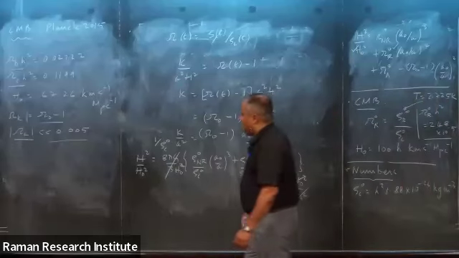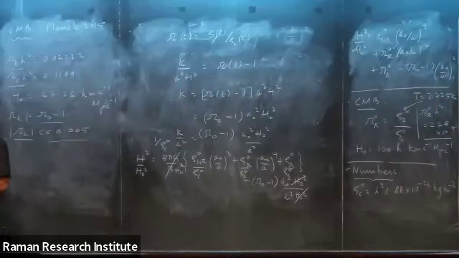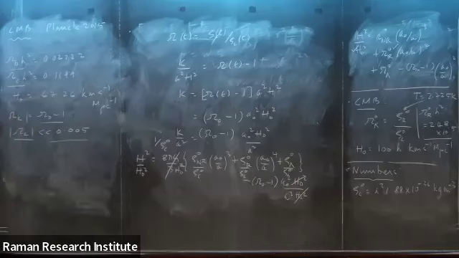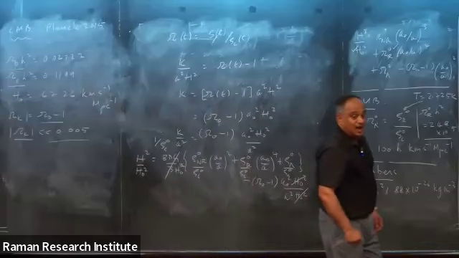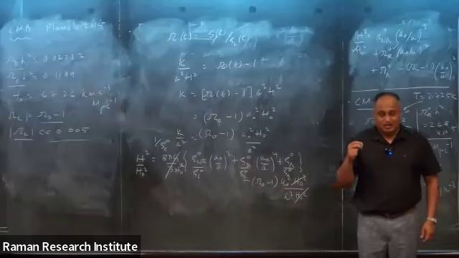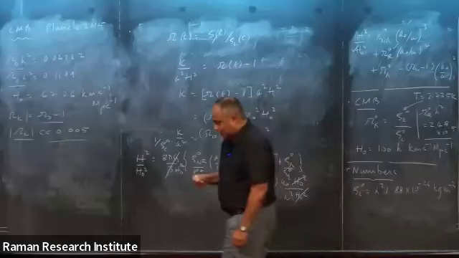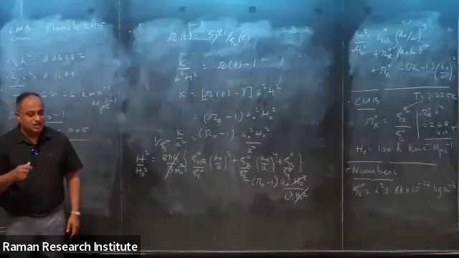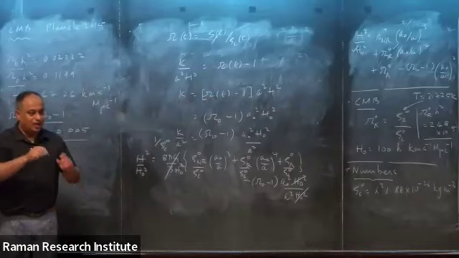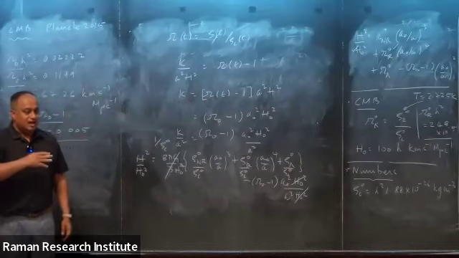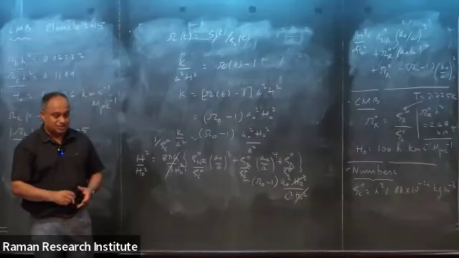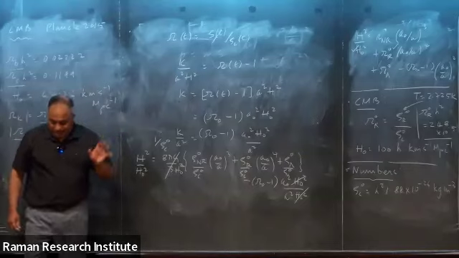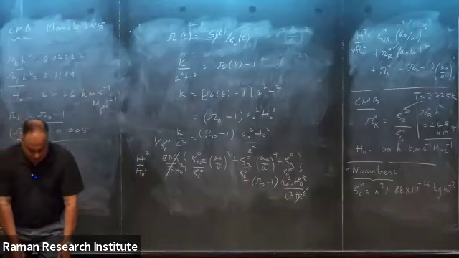Okay. Now, what we need to understand is what is the background evolution. And importantly, one of the things we need to understand is I talked about modes coming inside and outside the Hubble radius. And I talked about what a mode is. What we will do as the start of the next lecture, I was hoping to complete it today, is when did a particular mode of a particular wavelength that falls in the middle of the CMB scale leave the Hubble radius as you go back in time, or re-enter the Hubble radius as you go forward in time. Those remarks, I will stop, and I'll be glad to answer a few questions.